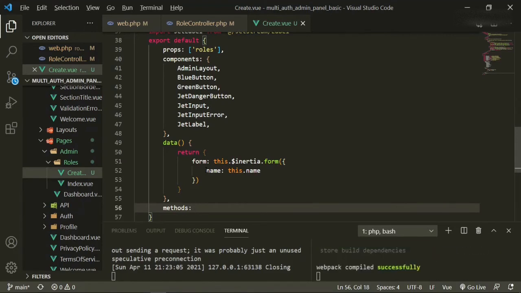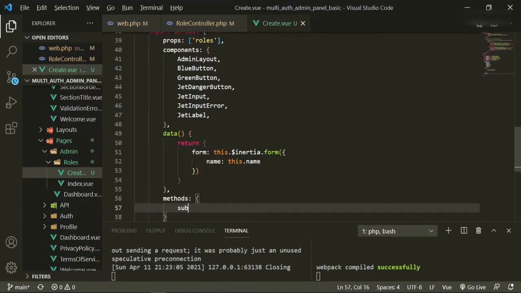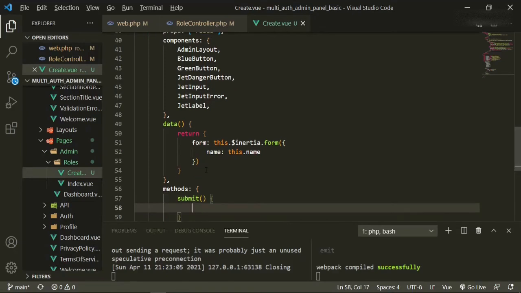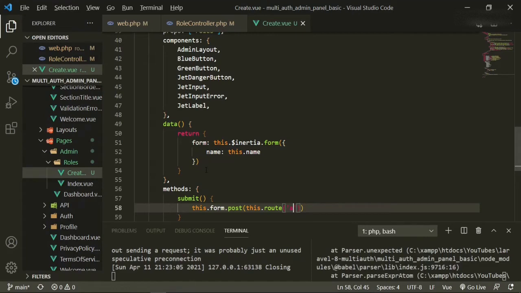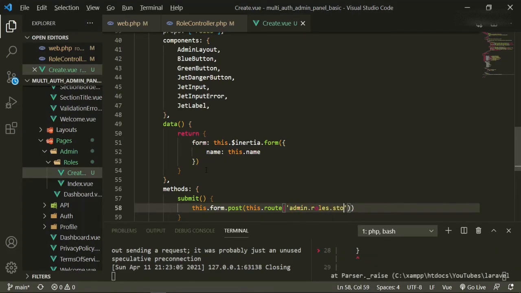So methods, submit, and then it'll be this.form.post, this.route, and then the route will be admin.roles.store.